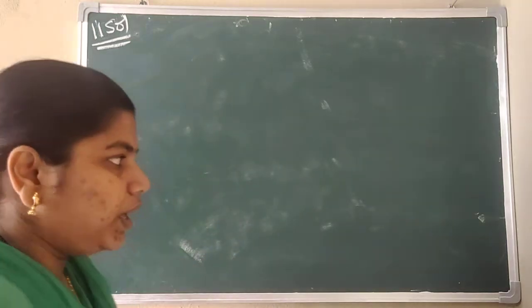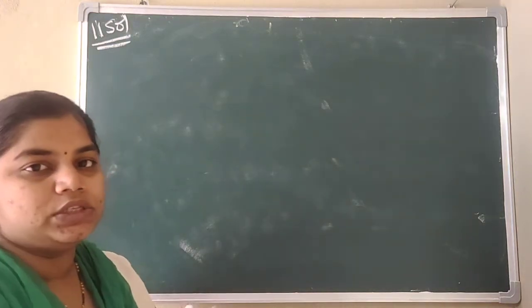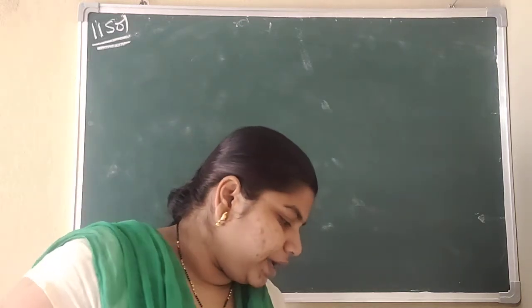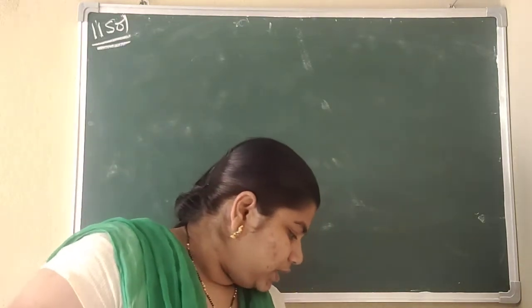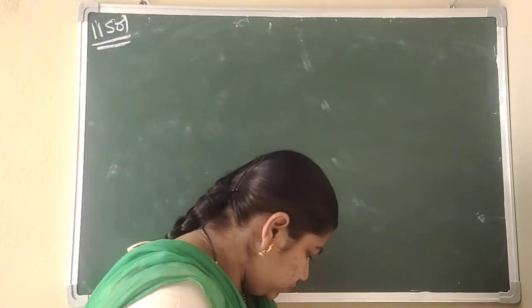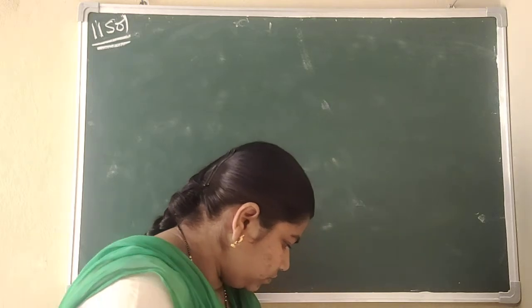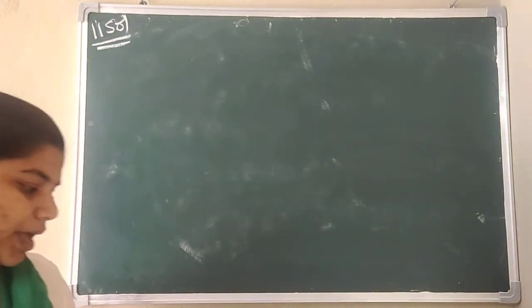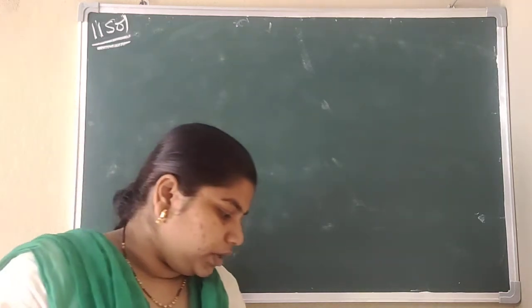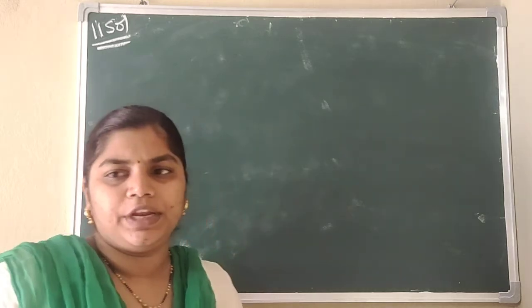12, it seems. Okay, so already we know that complementary angles will be in the form of x plus y is equal to 90. So if you are adding any two angles, that will be equal to 90 degrees. So in that way you can take it, and one more method is you can also use a single alphabet. You can take it as x and x minus 12. So here I am taking two alphabets, two variables.